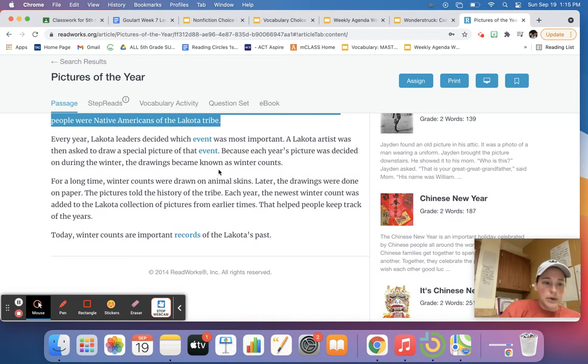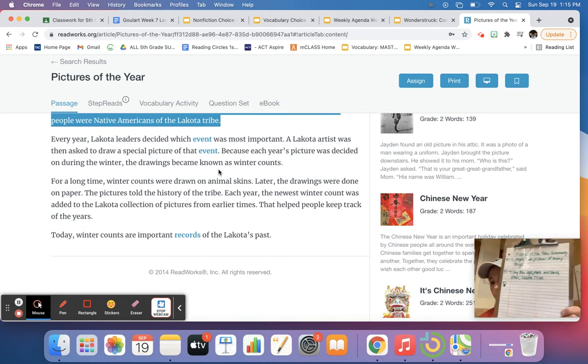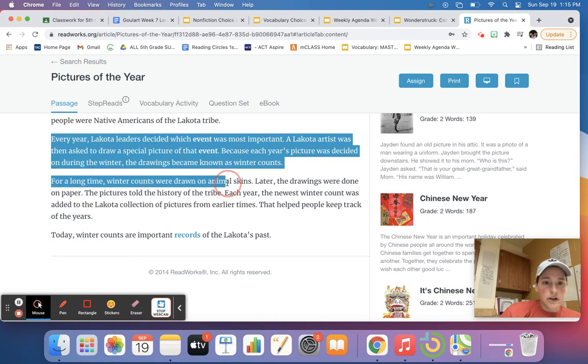All right, paragraph 5, I'm going to do separately because it's a little longer. Paragraph 5, 9 with a line 5. Every year, Lakota leaders decided which event was most important. A Lakota artist was then asked to draw a special picture of that event. Because each year's pictures was decided on during the winter, the drawings became known as winter counts. Stop and summarize. I'm going to say